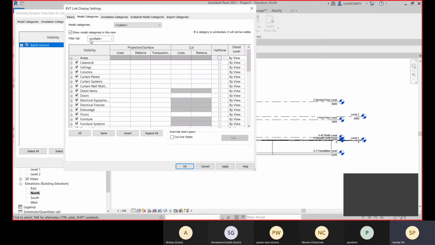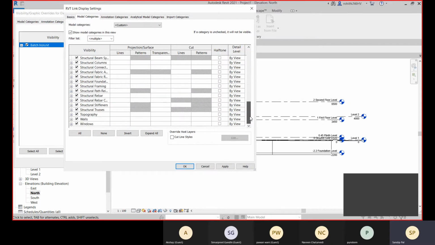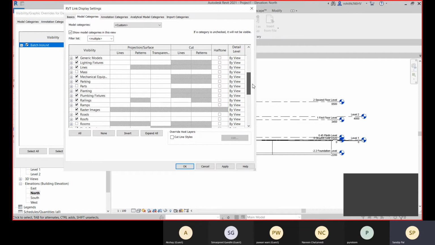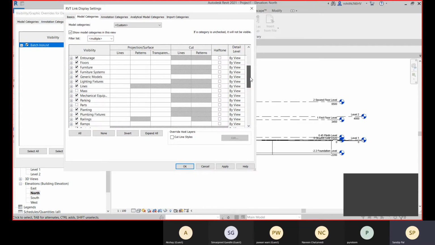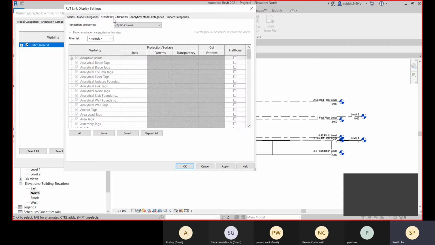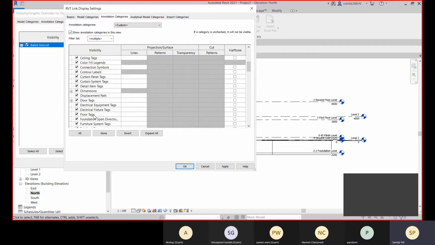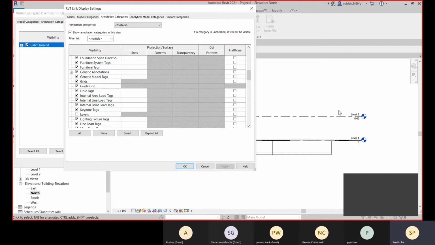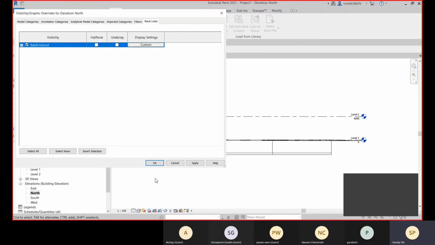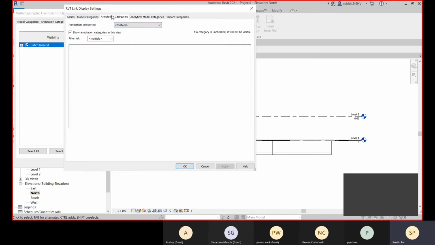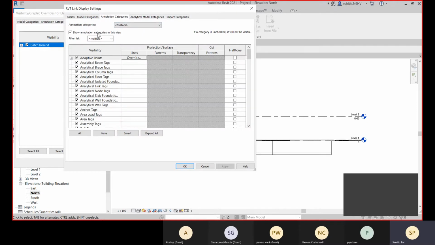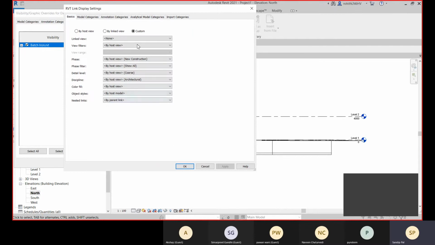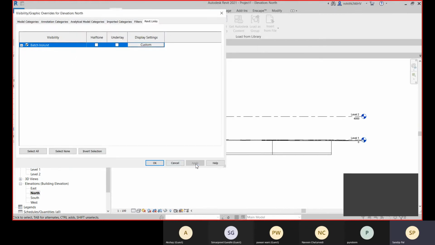Now let's come to this model category, and within this model category I don't need that labels, right? So the label, okay, label comes under annotation categories. So here we need to check custom and go to the label. Yeah, so uncheck this label, click on apply, and here you can see I don't have these labels within my scene anymore, and click on OK. And like this you can customize other things. If you need that, you can go with that, and after it click OK, apply, OK.